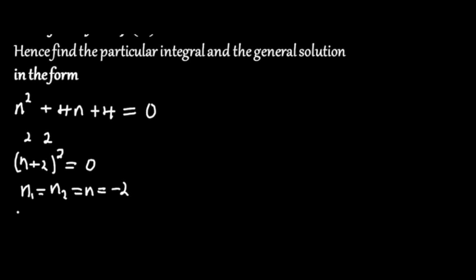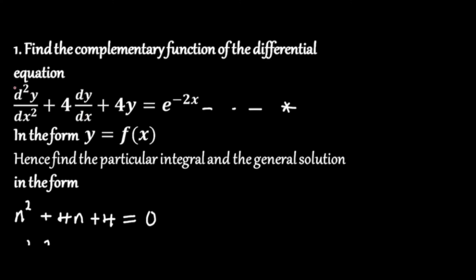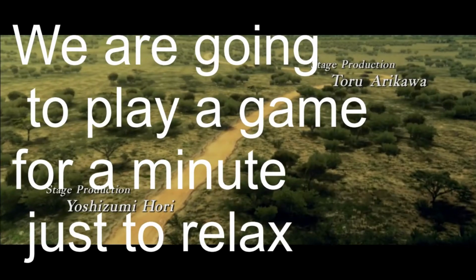Therefore our complementary solution, y complementary, will simply be equal to a plus bx, e to the minus 2x. So actually this is the solution of the first equation. So we've looked for the complementary solution here, and we've kept it in the form y equals f of x. Now after looking for the complementary solution,